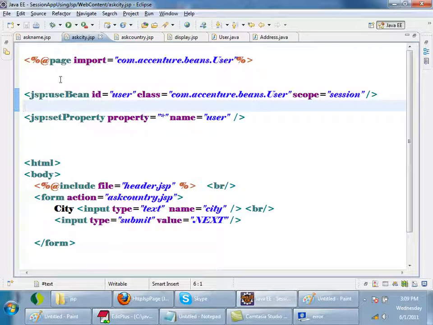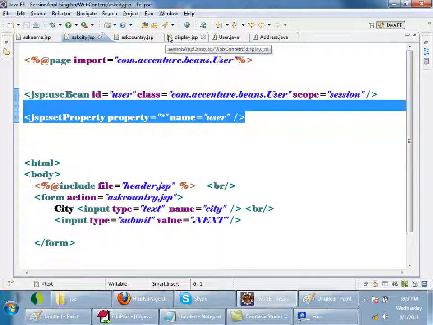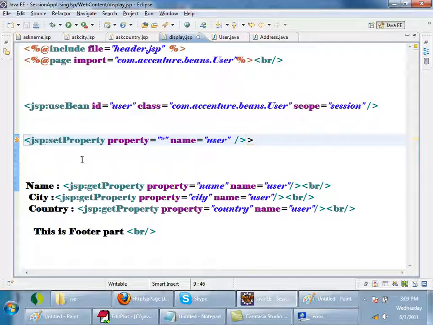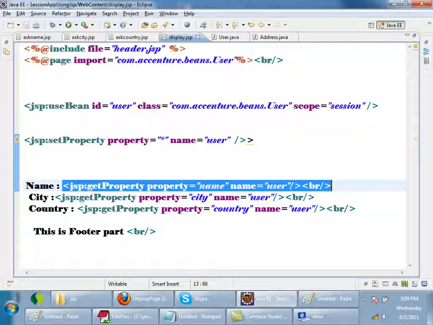Here, if I set a property using JSP setProperty and display it using getProperty, it is not possible. By using JSP getProperty, you cannot display the nested properties